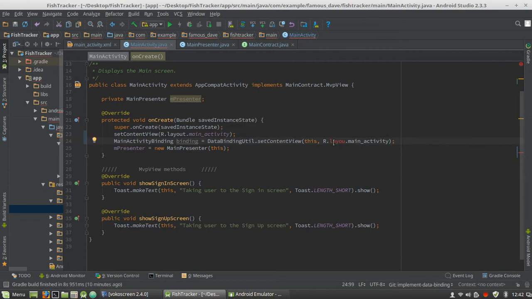Oh, I forgot a T in layout, and we can comment that out. So now this is how we will get a handle on it. If this is still in red, make sure you have followed the first steps